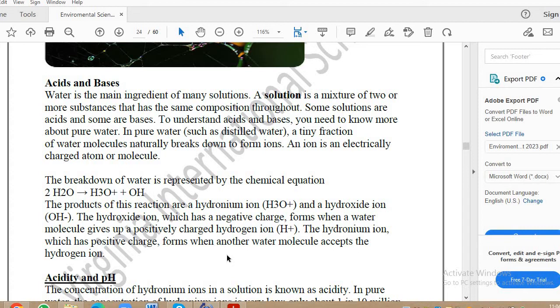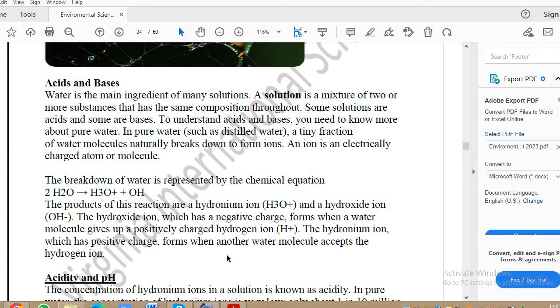And now what we're going to do is talk more about solutions. A solution is a mixture of 2 or more substances. This solution may be acidic or it may be basic. You need to understand what's the meaning of something to be acidic, and what's the meaning of something